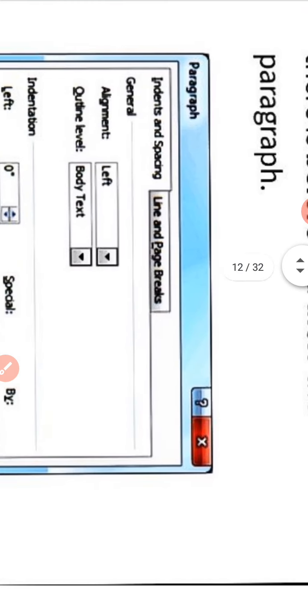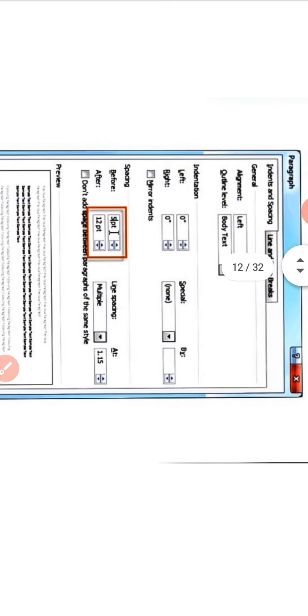From the drop down menu, you can also select line spacing option to open the paragraph dialog box. From here, you can control exactly how much space there is before and after the paragraph.